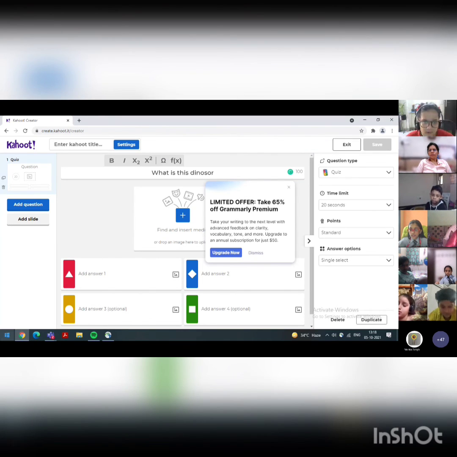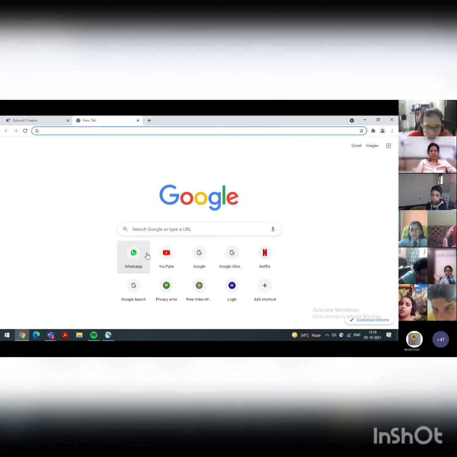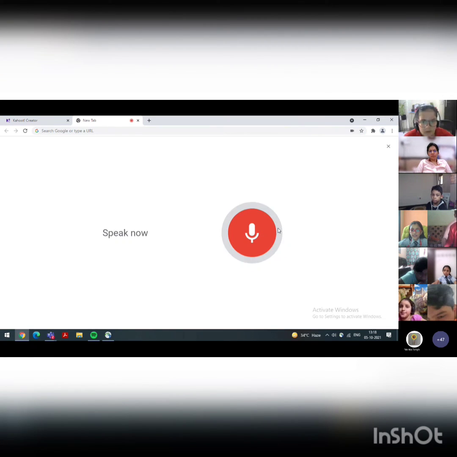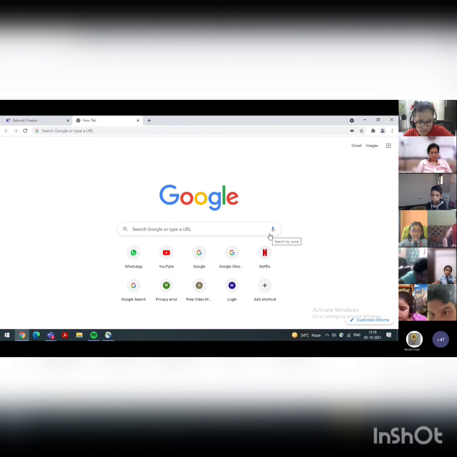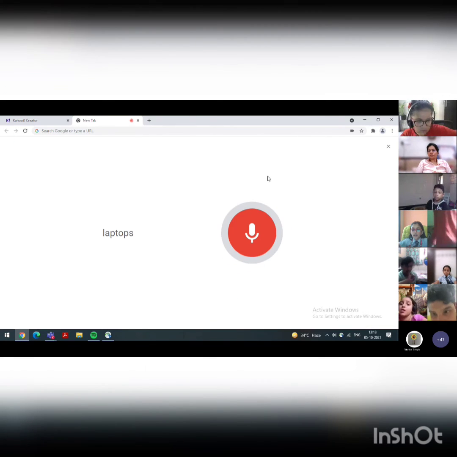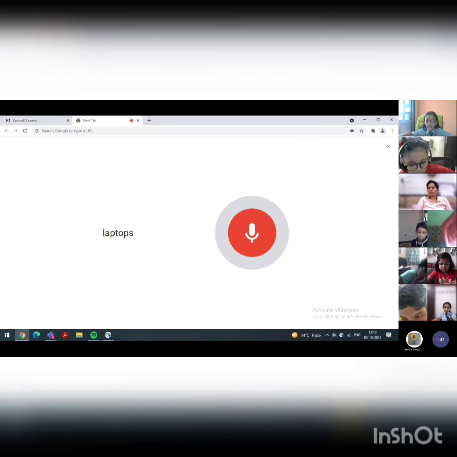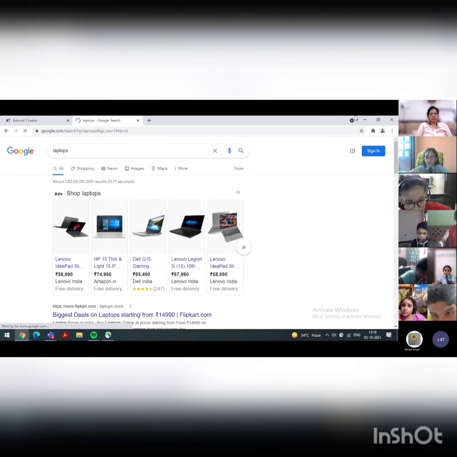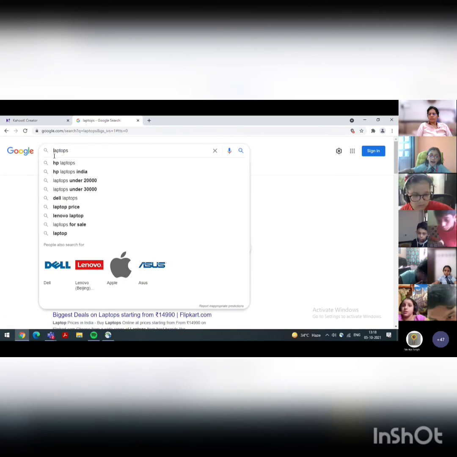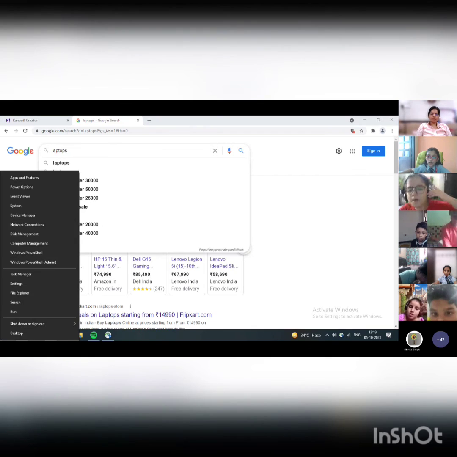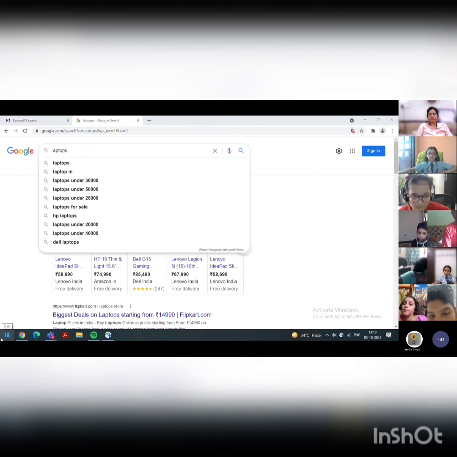So actually the polls option is available when you upgrade, when you pay some money to Kahoot, when you change your account to a premium account. You have to pay money for that. That's when you can use the polls option and the slide with text, images or video option. Have you paid for it? Did you buy it, Shravya? I am not paid. In the free version, only questions with multiple choice, true or false, and slides are available. The polls and those things have to be paid for. We have to pay to Kahoot for that.